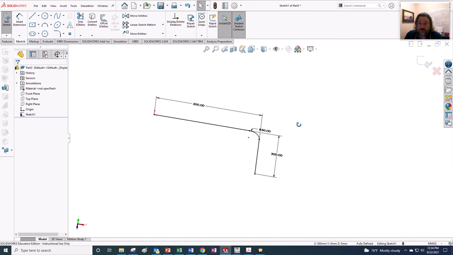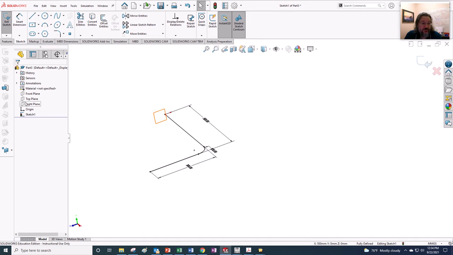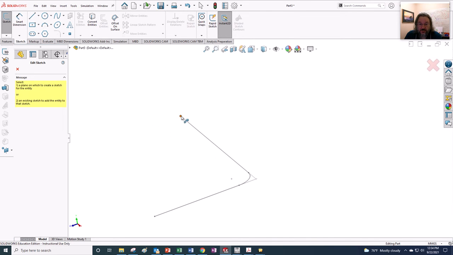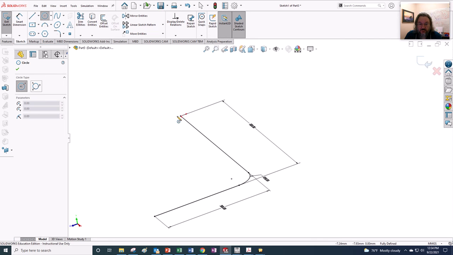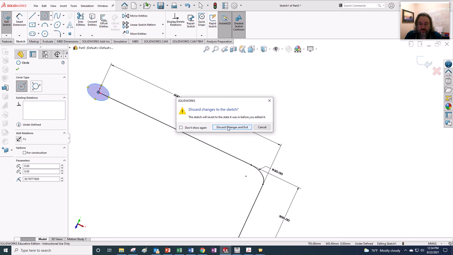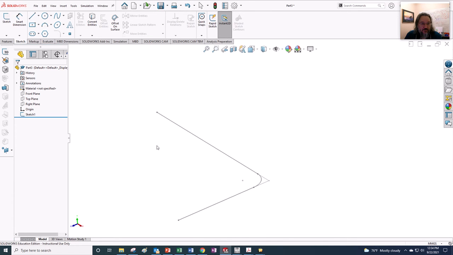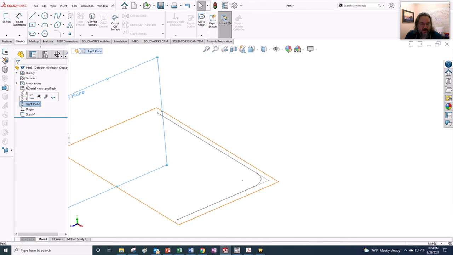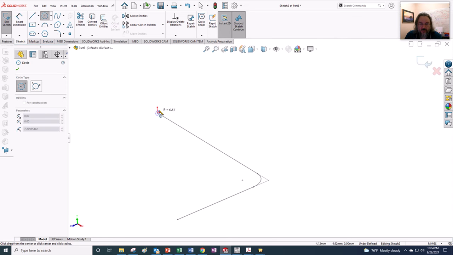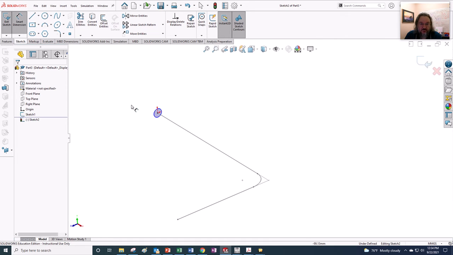So I'll clear that up, and then I'm going to put on the right plane right here another sketch, and this thing is a 10. Did I do that wrong? I think I did it wrong. Yeah, I'm in the wrong thing. Get rid of that. Why did I do that wrong? I don't know. Should be in the right plane. There we go. Make a sketch. There you go. And I'm going to make a sketch right there, and I'm going to make it 10 millimeters,